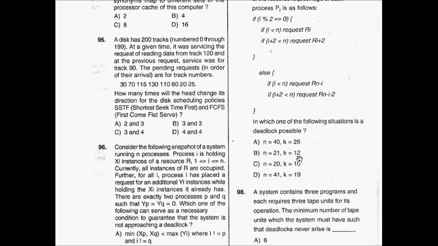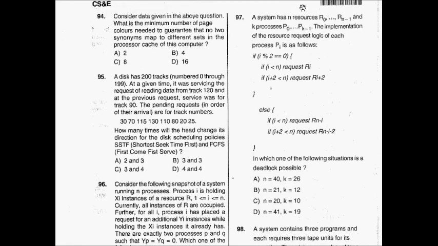Now n is equal to 21, k is equal to 12, and n is equal to 41, k is equal to 19. When one is odd and one is even, then there is a chance that someone will overlap here. And when both are of the same type, no overlapping is happening here, because it is going in 0 2 4 6 fashion, and it is coming in 9 7 6. So this is the only one, n is equal to 21, k is equal to 12, where